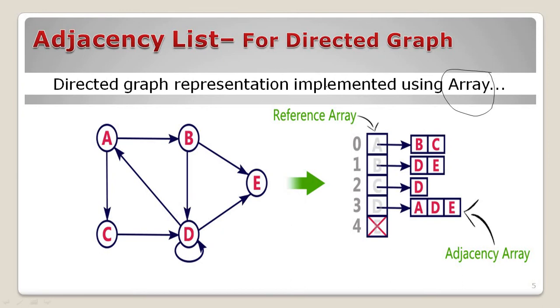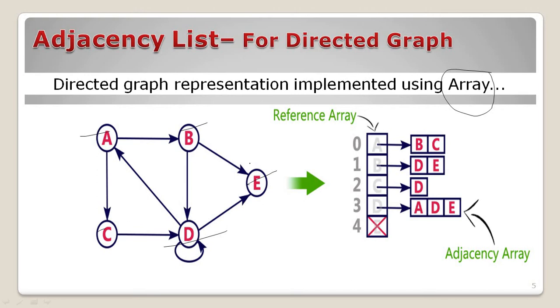So consider a graph. Here into the left side we are having the graph and we are having the vertices or nodes like A, B, C, D and E. So it means that total number of vertices, that is 5. And we are having the edges in between, like we are having the directed edges in between A to B or B to D or D to D or D to E or from C to D. So like that we are having the directed edges in between the two vertices.